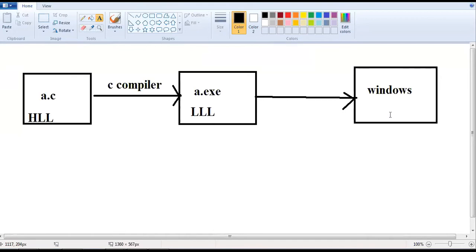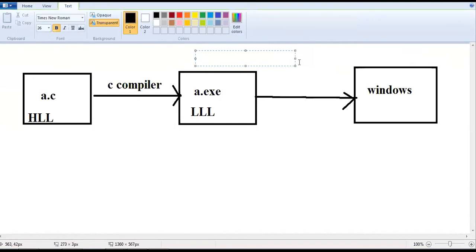The C compiler converts to binary code of a particular OS. This code we call the native code of the OS. What is meant by native code? It means that code can be understood only by Windows.